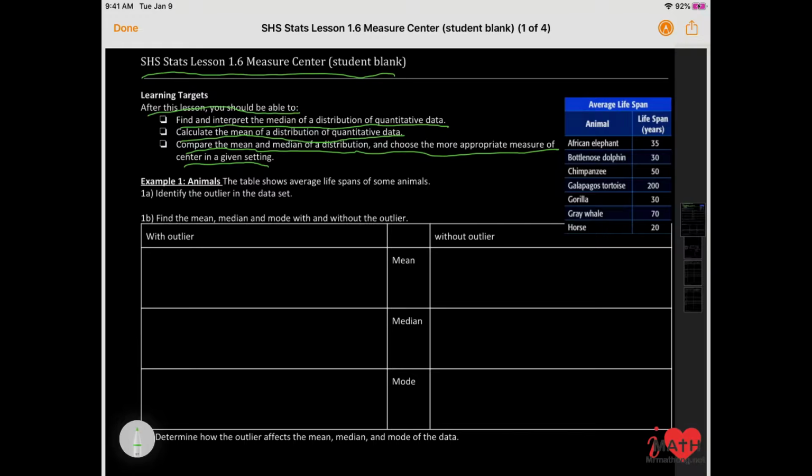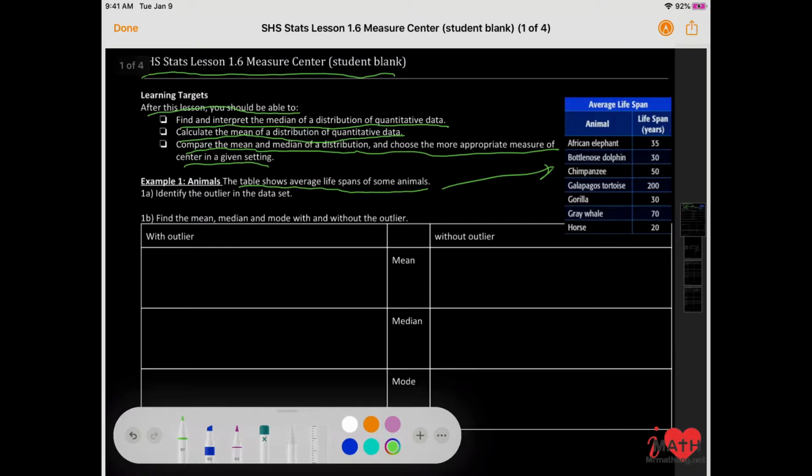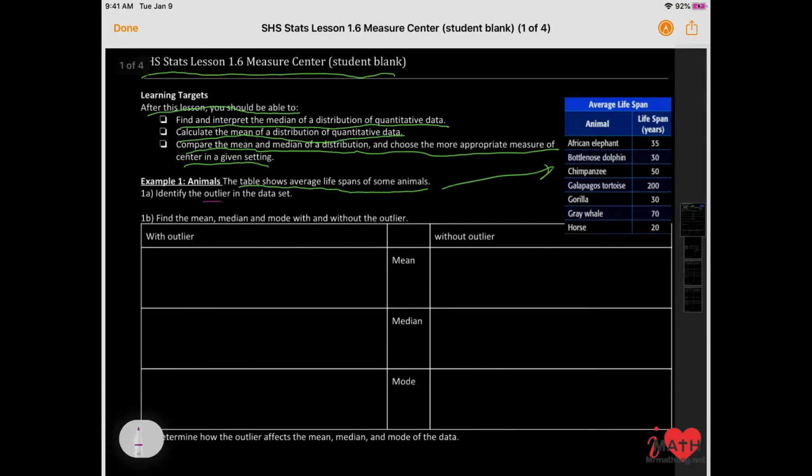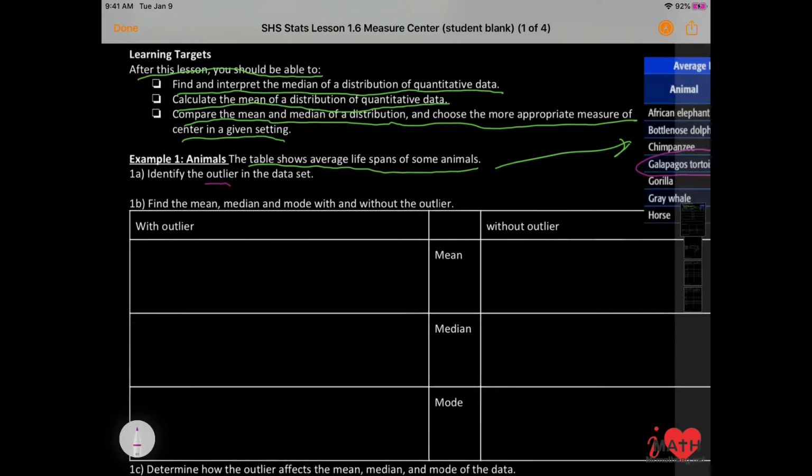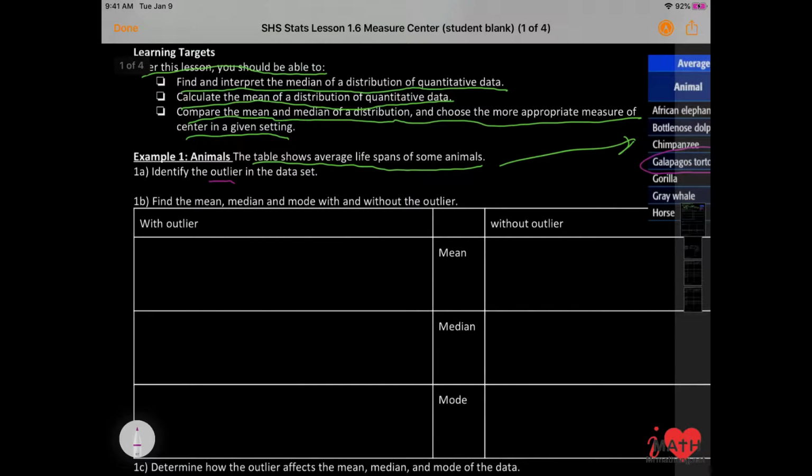Example number 1, the table shows average lifespans of animals, basically how long do they live. Identify the outlier. So remember, the outlier is something that's kind of unusual. If I look at all these numbers, I notice that the only unusual number is the Galapagos tortoise. So the outlier